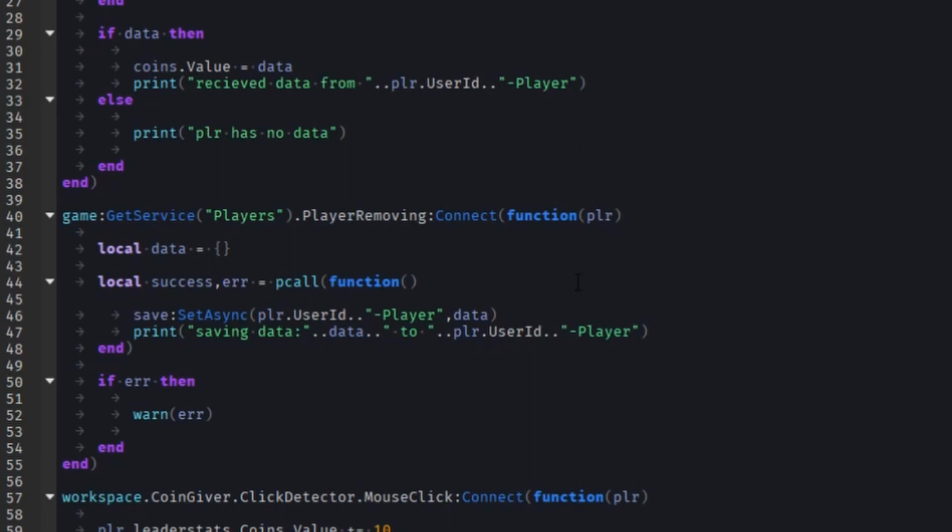There's also some modules that are very good for helping you manage your data, like Datastore 2 and Profile Service, but Datastore 2, in my opinion, is honestly pretty bad. I do not recommend using it, but if you want to use Datastore 2, you can use it. But Profile Service, pretty great. And then you also have the really crazy option of using an external database and creating your own API to use a professional database, which gives you a lot more freedom as far as what you can and can't do,